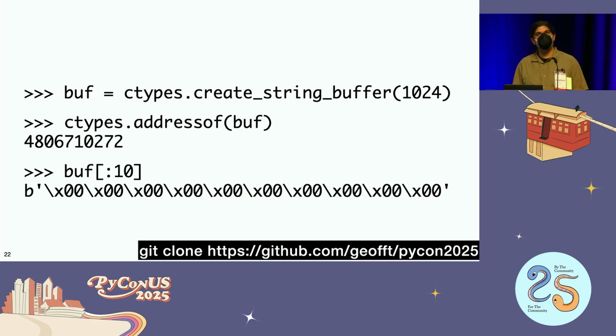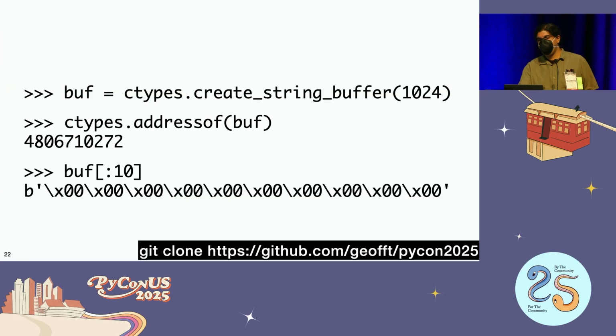There's like the bytearray built in. One of the things about bytearray is it doesn't give you a way to get the address of the buffer. I don't know why this is. I know some of you are maybe going to think, well, what about the id function? There's this undocumented thing where id gets you the address. That's going to give you the address of the Python bytearray object itself, not the buffer it contains. And so I don't think there's a way to do it with bytearray,